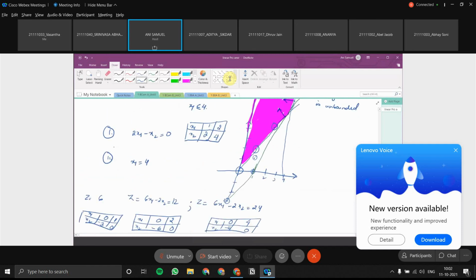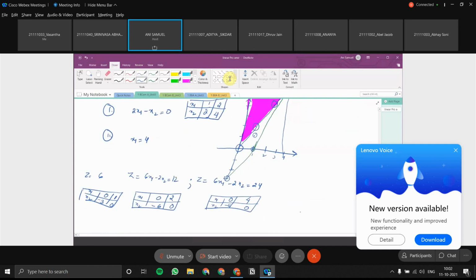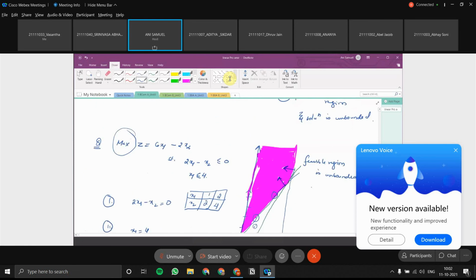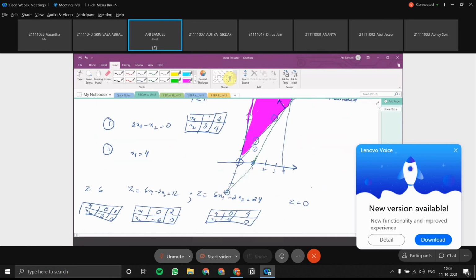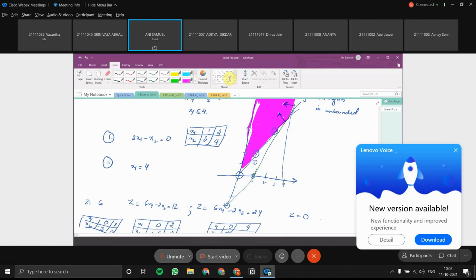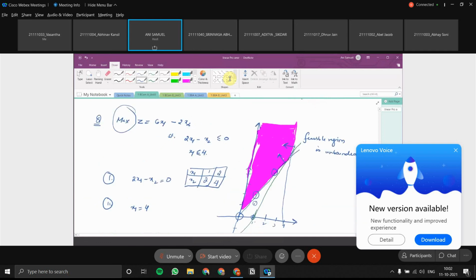Let's see. Okay, let me take z equal to 0. This might not have crossed. I don't know. Z equal to 6 might not have crossed. Let's take z equal to 0. Tell me the values of x1 and x2. What will be the plot? Zero, 0 is there, right? That is equal to 0, and then if it is 1, 3. So I hope I can plot 1 and 3.